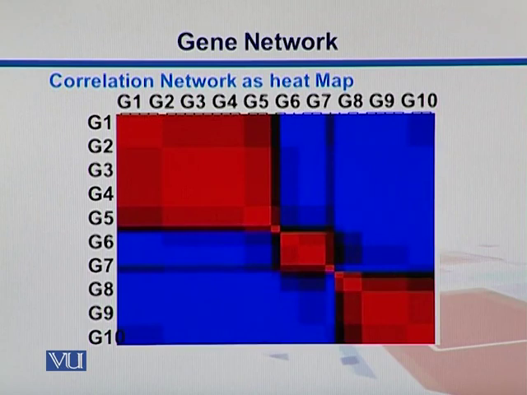This matrix can also be represented in the shape of these heat maps, where for example the red ones are where we have higher, positive correlations, strong positive, sharp red, and then we have strong negative, which is sharp blue, and then there are shades in between them. So this representation is called the heat map representation.